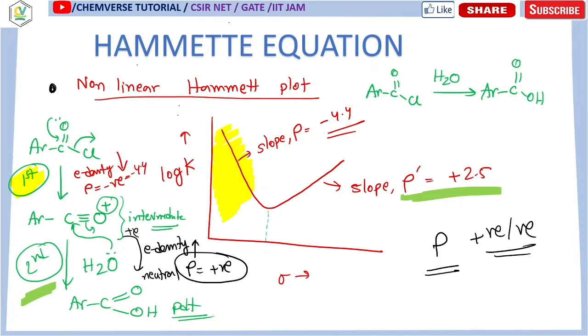So this is sufficient for your examination purpose, and in the next video you will receive the previous year's questions regarding this topic. I will solve some PYQ over there, and after that I will upload another video based on the Taft equation. Now the Taft equation is quite important from the GATE 2021 point of view. It is a highlighted, newly added topic you can say. So I'll discuss it in that lecture.